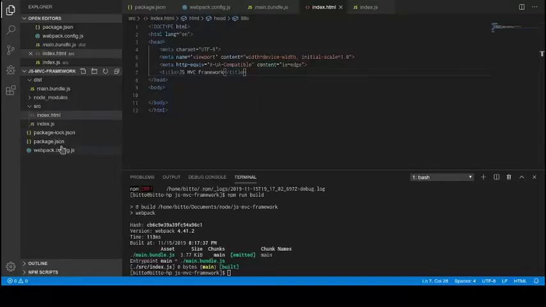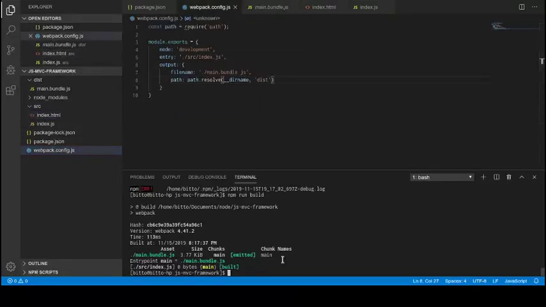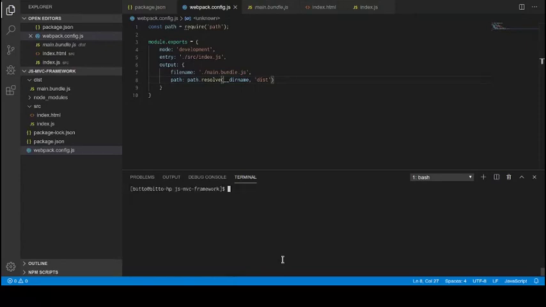So now we have to include the index.html file in the project. So before that I need to include the Webpack plugin in the packages. So to do that, let's open the terminal and write npm install --save-dev html-webpack-plugin. Okay, and also we are going to add another plugin which is going to clear the dist folder before